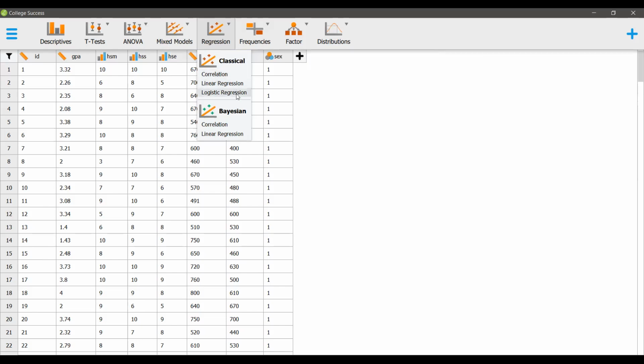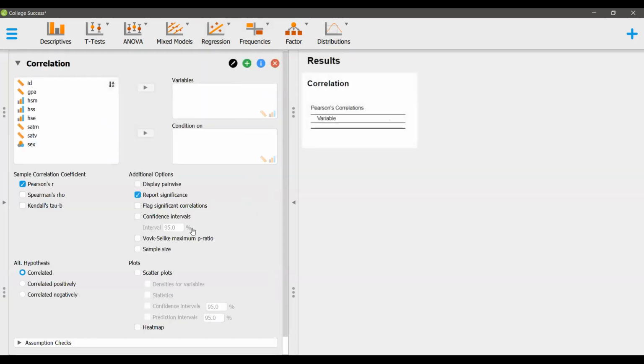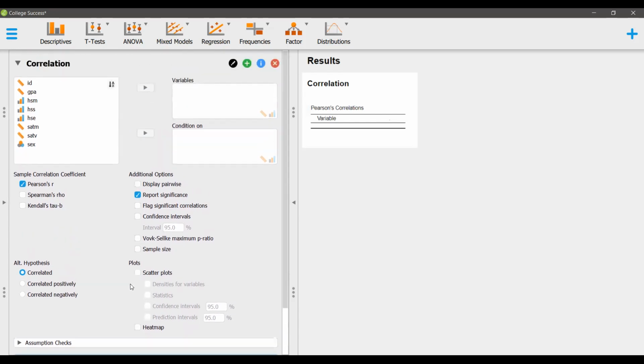Linear regression and logistic regression are different things. Linear regression means that with two data sets, we make a y equals ax plus b kind of relationship between them. And correlation is basically going to check how they are related, positively or negatively. That's how we can use this. In the next video, we'll continue understanding the different meanings of these correlations and the options which we have here. Until then, keep practicing. Thank you.